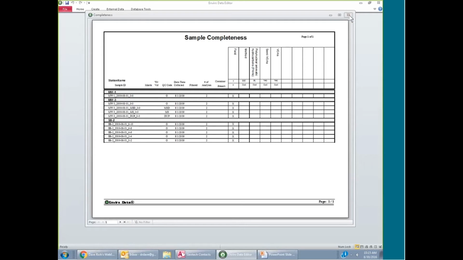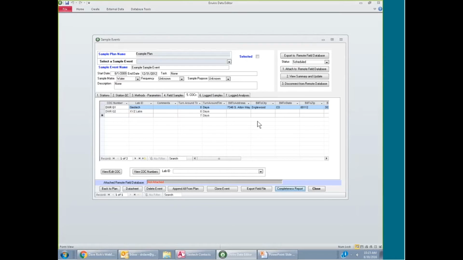Now, there's one other aspect of the software. People have said, well, we like to set up the sample event ahead of time in the office where there's more time available. But oftentimes when I get out in the field, things have changed. Maybe I can't do my QC at MW3. So what you can do is you can set up your event and you can write it out to a remote field database. And then in that remote field database, you can take it on a laptop along with a kind of junior version of Enviro data for modifying